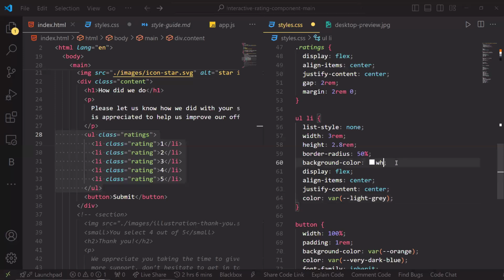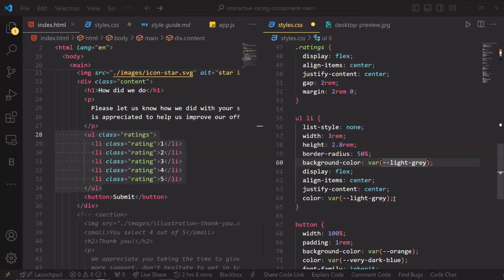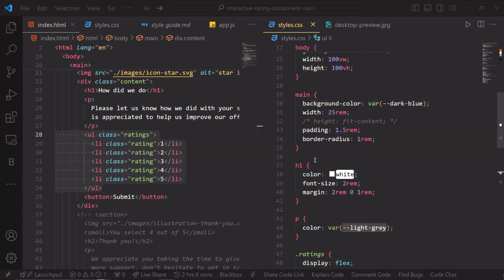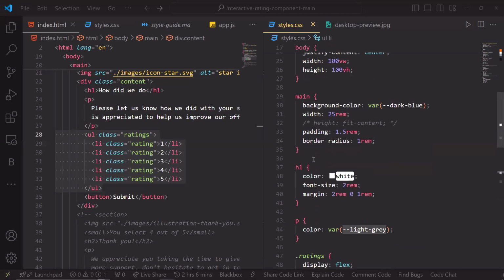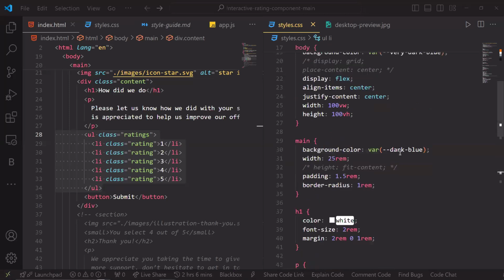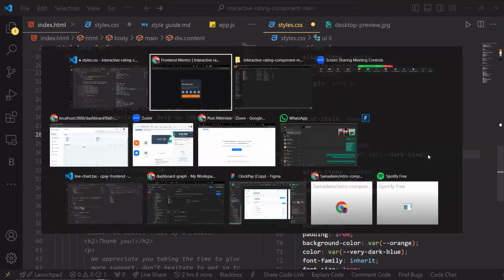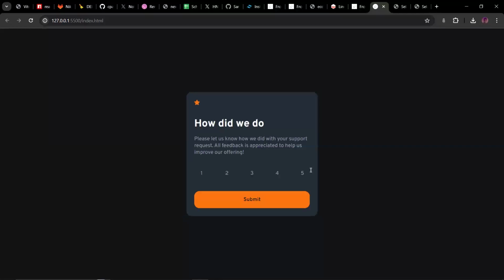Let's see. So let's say we have light gray. But with this now, we won't see this. Yes, it's not. Let's see. Dark blue. I mean, what's the color of our blue? Let's change this to dark blue then. Background dash. I think they use opacity on that, you know. Yes, the